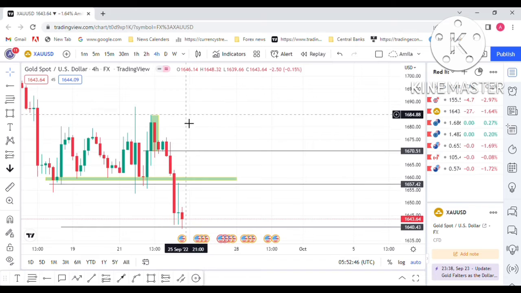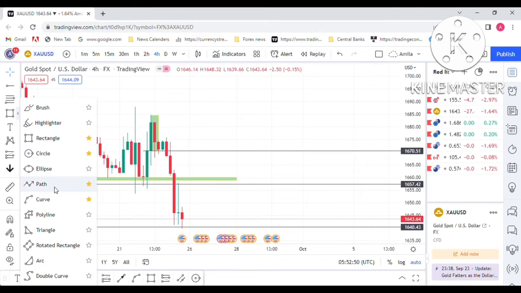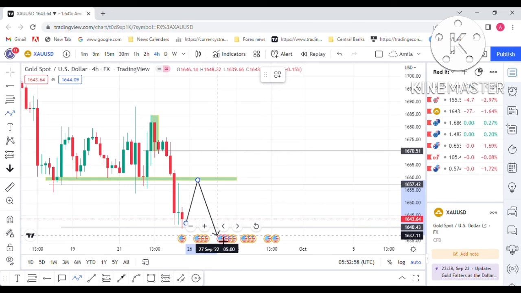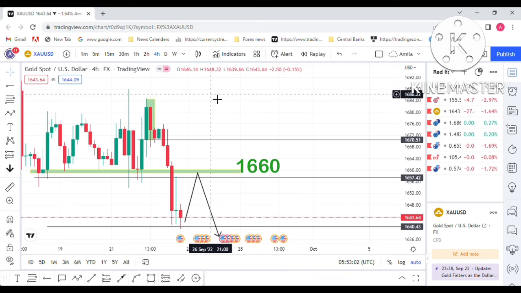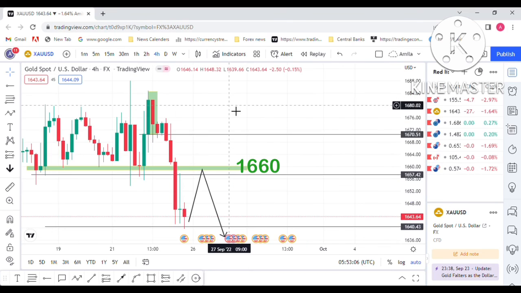Price will retest this zone, this support zone, this week. I am predicting this price action this week. Price moves to this support area, and this support will become resistance this week. So 1660 is my target. So my prediction is this for